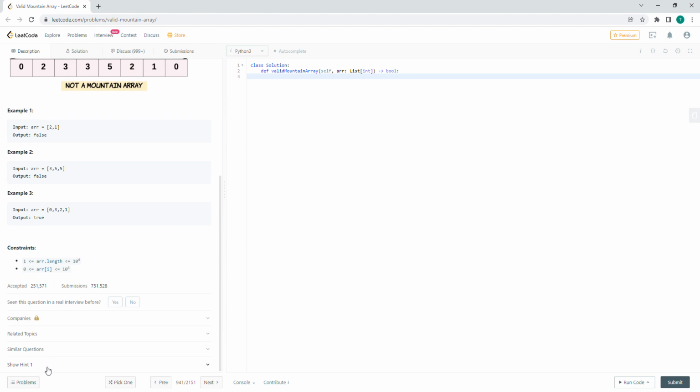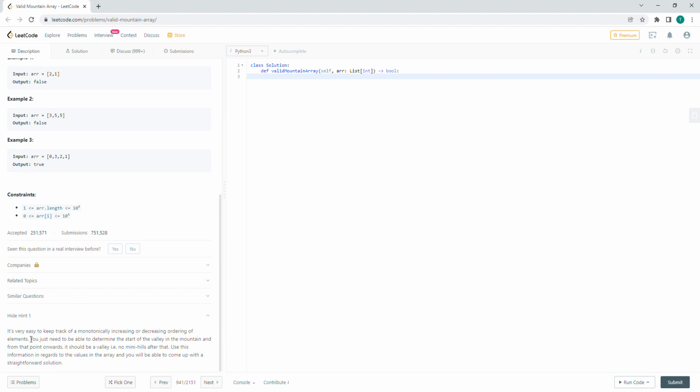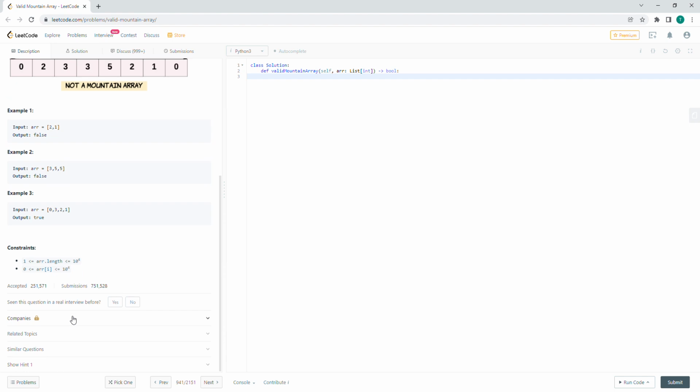Do you want to click on the hint? Yeah, let's do it. Keep track of monotonic increasing and decreasing order. You just need to be able to determine the start of the value of the mountain from points onwards. It should be the valley, no mini hills after that. Use this information regarding the values and come up with a straightforward solution. Well, I mean, that's the idea. It doesn't really help me at this moment, but